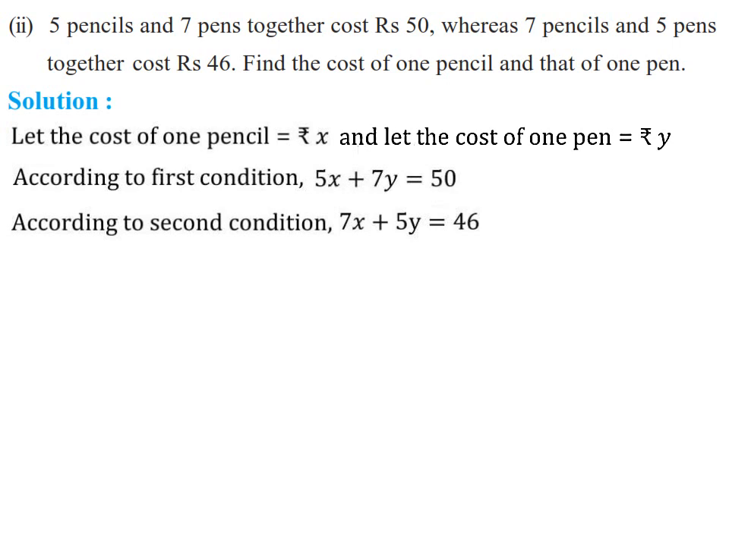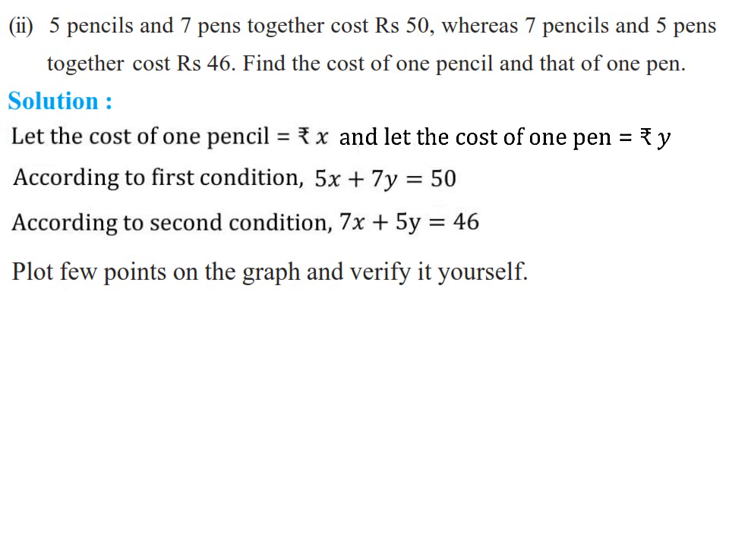Again what you have to do, you have to plot the points and the graph. So this work you have to do by yourself, plot a few points for both equations on the graph and verify yourself. Again you will get the intersecting lines as you have seen before in the first question. So after getting the point of intersection, you will get x equals to 3 and y is equal to